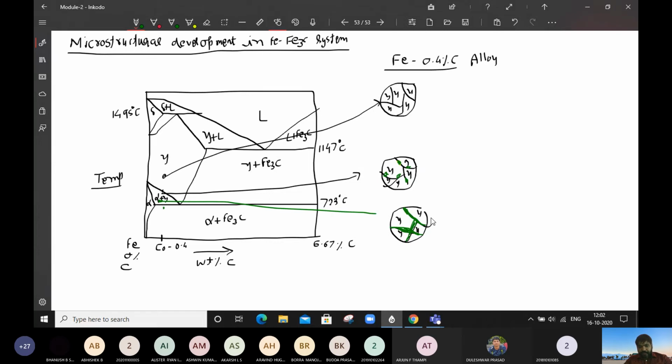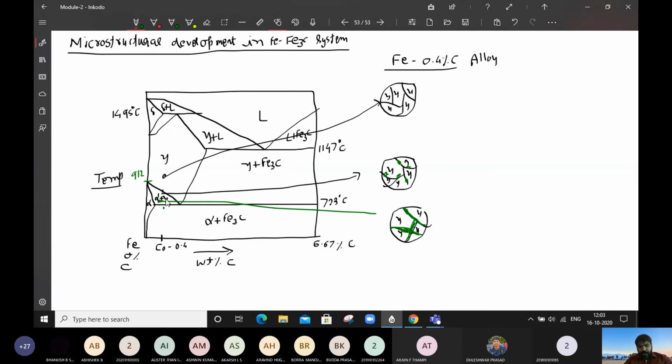So the alpha that is already formed is not going to transform, because you can see that the temperature up to which this alpha phase is stable is from room temperature up to 912. Okay, this alpha is stable. So whatever alpha is formed, it is not going to transform to anything else. It will remain as such. Why? At this temperature also, the alpha is a stable phase. So you can see this alpha is stable at this point also, so whatever alpha is present, it is not going to change.